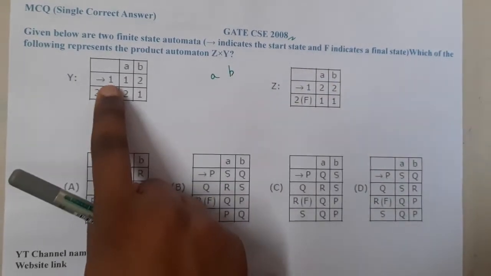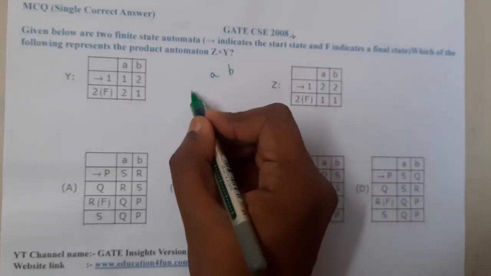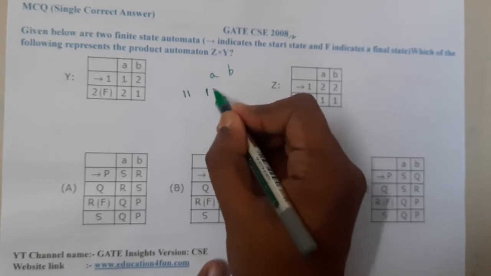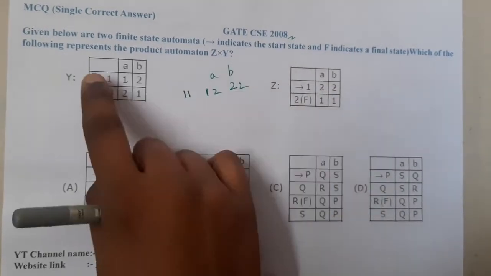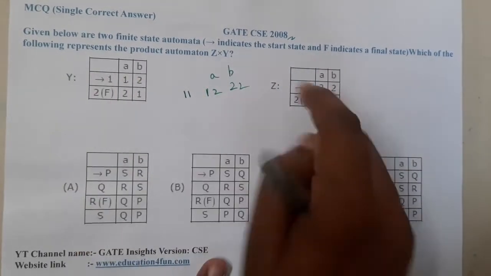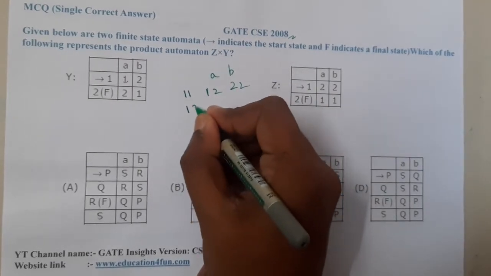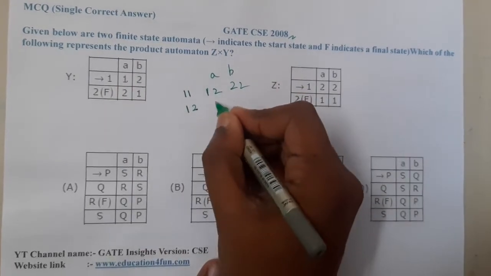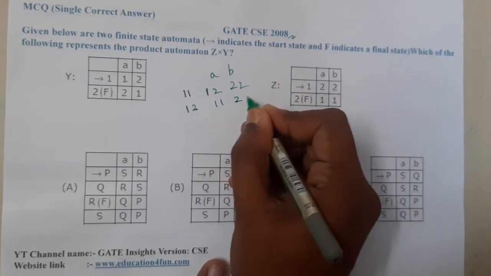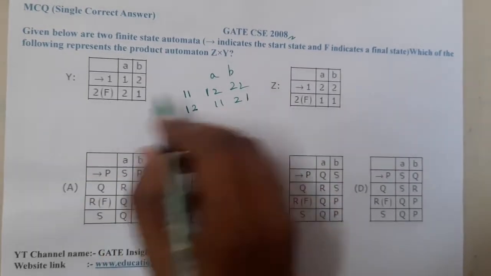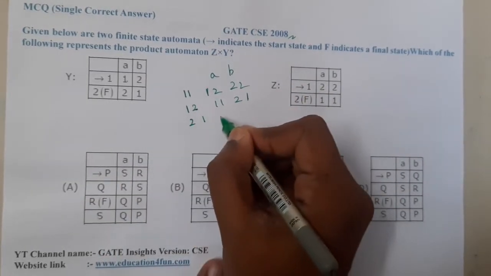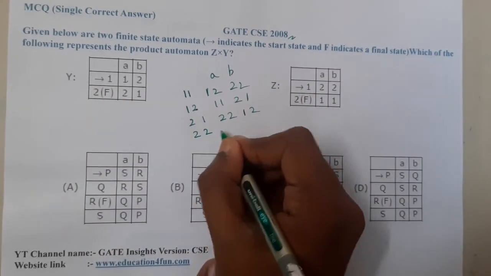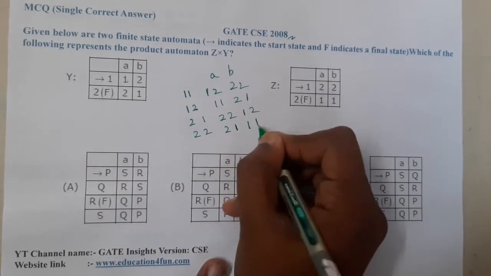Let us start. So 1 into this first row, you are going to get 1 1, we are going to get 1 2, we are going to get 2 2. I am multiplying this particular row with this particular row. Similarly, let us continue with the below one also. For 1 2, I am going to multiply with 1 1. So 1 1, 2 1. Similarly, 2 with this: 2 1, 2 2, 1 2. Similarly, this with this: 2 2, 2 1, 1 1.